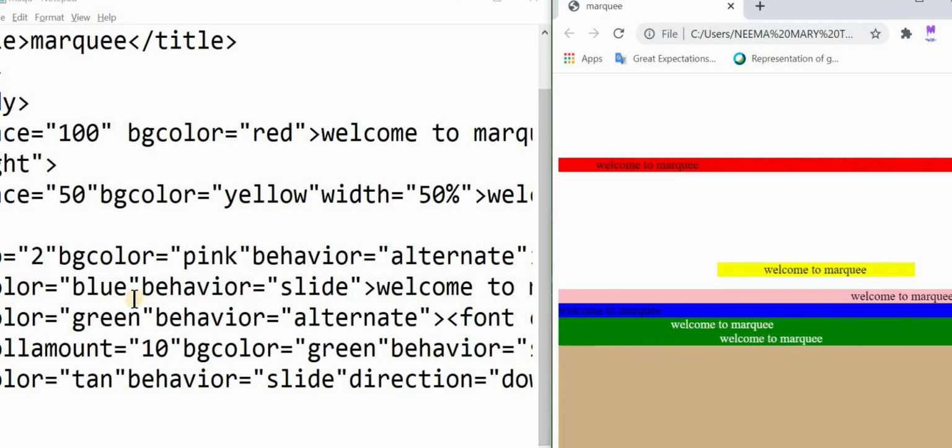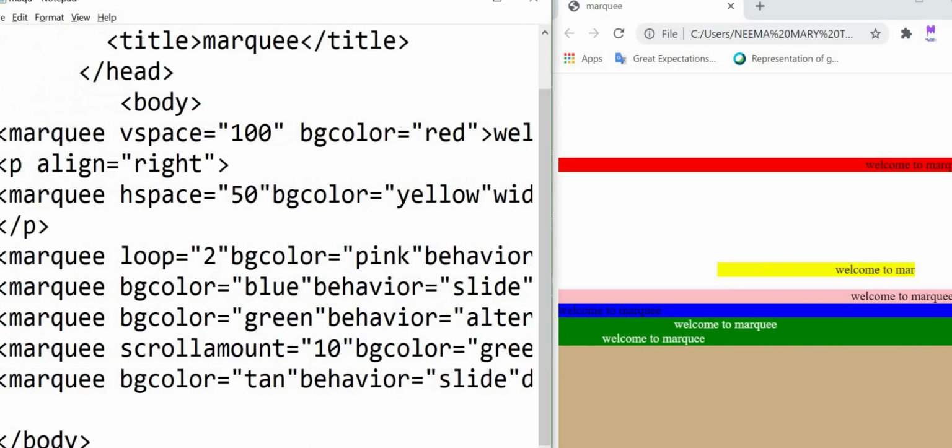That is loop. So we have learned different attributes of marquee like BG color. Then we have learned behavior, direction, then scroll amount, H space, V space, loop, and the values for each of these.